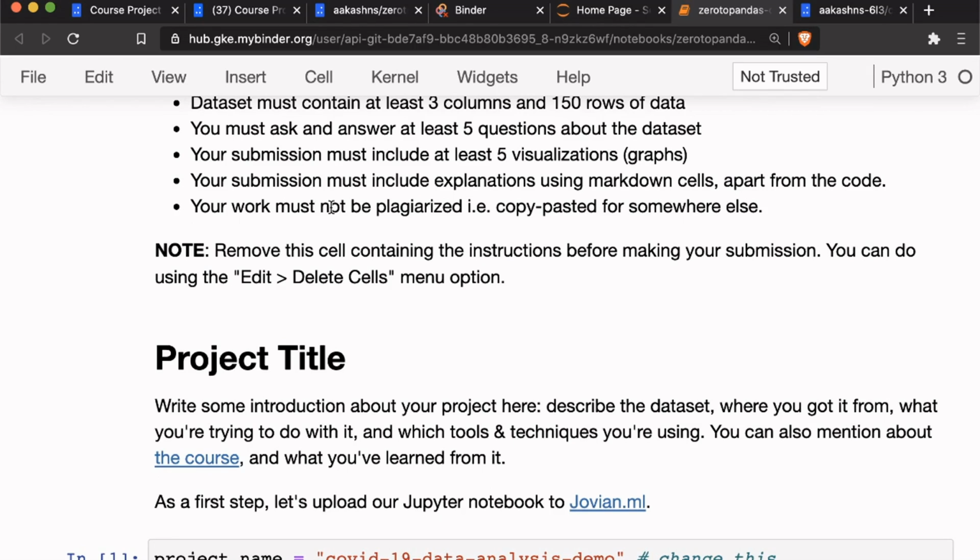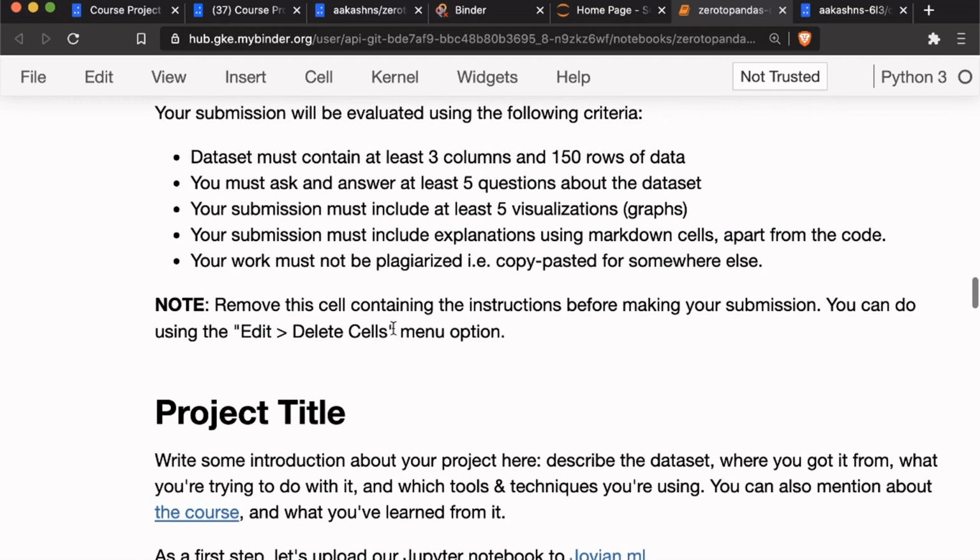So you can repeat what somebody else has done, but there's a difference between simply copy pasting, where you do not really understand what has happened, versus borrowing the right things from specific notebooks or tutorials. It's a fine line, and it's something that you should hold yourself accountable to. But as long as you have put in some original work into the project and you have satisfied all of these criteria, we will evaluate and accept your project.